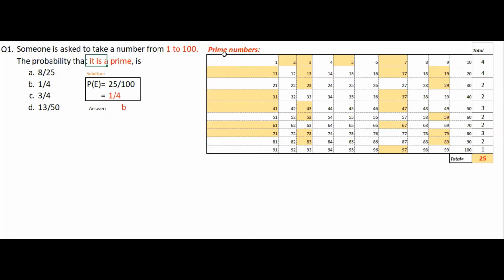First you have to find how many prime numbers there are from 1 to 100. So here 2, 3, 5, 7, etc. These types of numbers are called prime numbers because these numbers have only the factors 1 and the number itself. So from 1 to 100 there are 25 prime numbers. You can remember this. So the probability is 25 by 100, that is 1 by 4. So the option is 1 by 4, that is B.